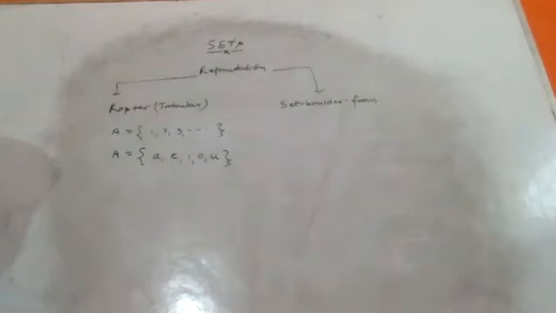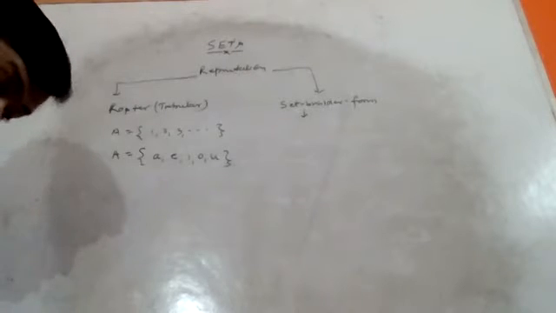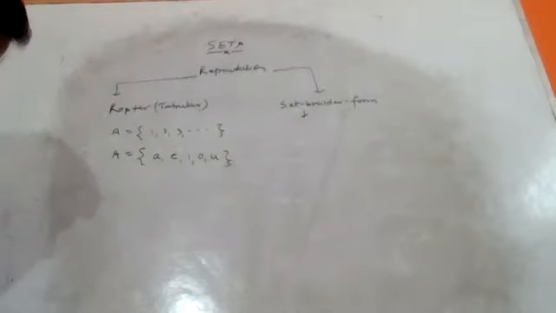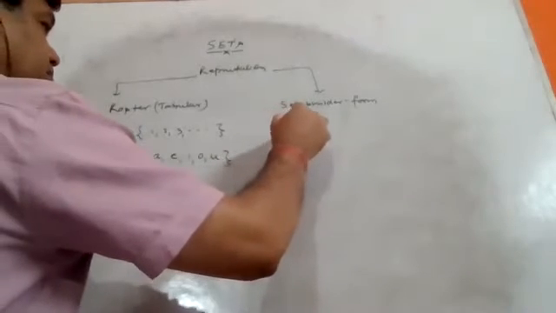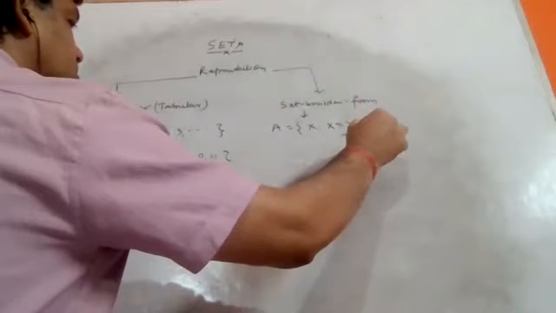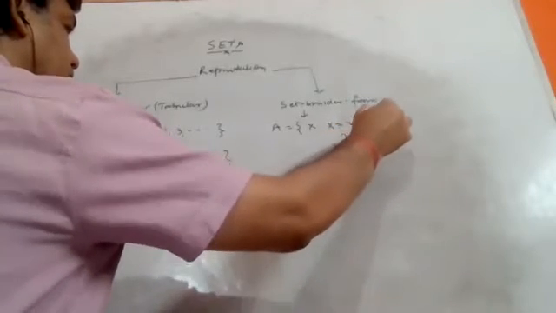Another method is set builder form. In set builder form, we assign a set by some definition, by some logic, by some expression. That method is known as set builder form, right? When we represent sets in some logical manner, in the sense of a statement method or formula method, for example, if we write {x such that x = n + 1, where n belongs to the set of natural numbers, n less than or equal to 5}.